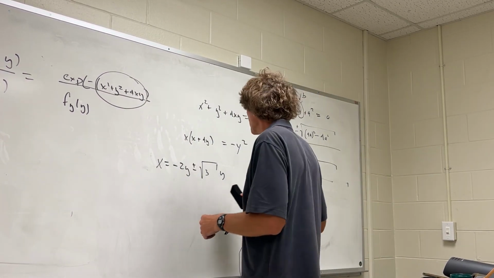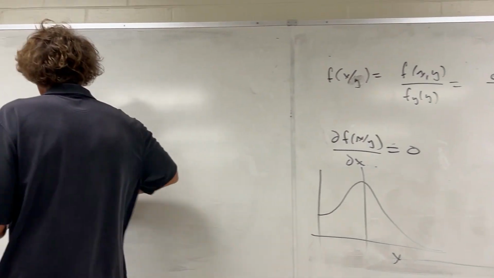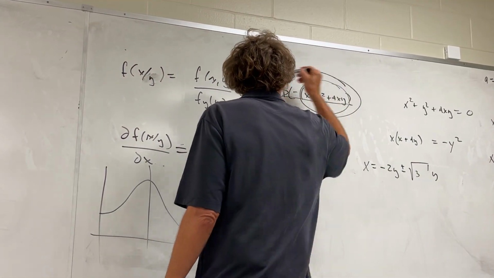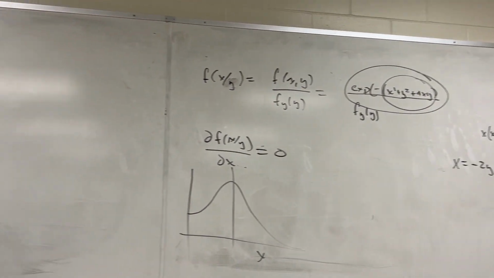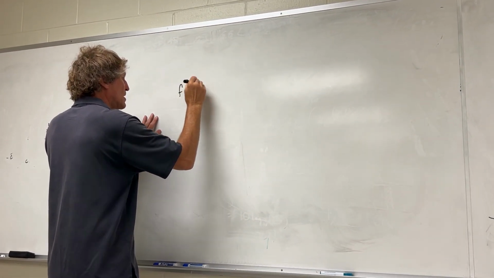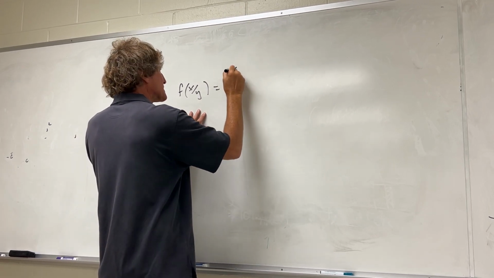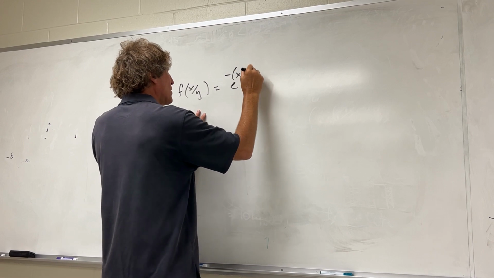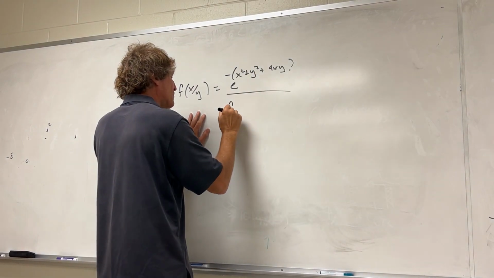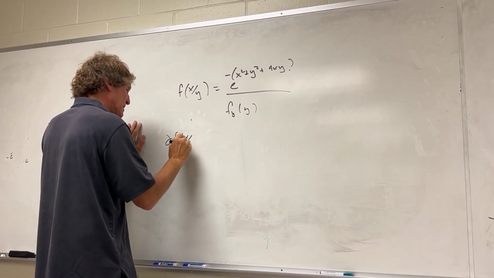Let me go ahead and just do the derivative of it. I did this last night, so if we come down here, we only care about this function. We want to know where it's a maximum. So if we take a look at f of x given y, equal to e to the minus x squared plus y squared plus 4xy over f of y, if you go ahead and take the derivative of that